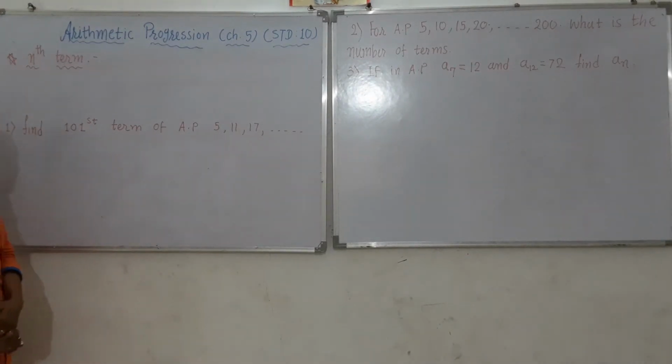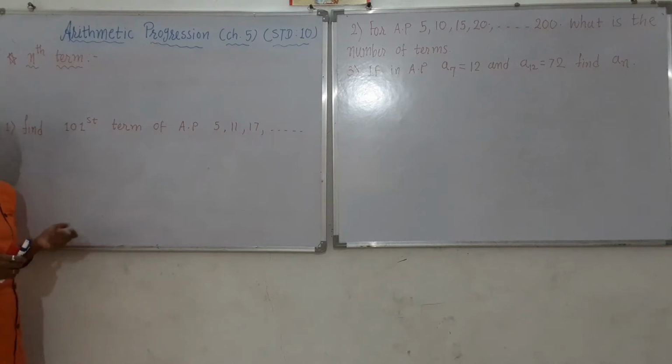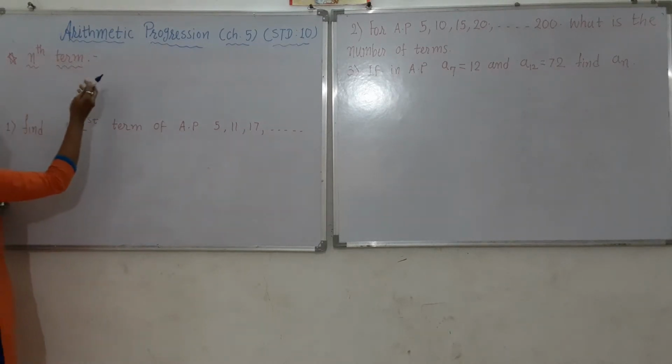Today our topic in the arithmetic progressions chapter is the nth term. We know what an arithmetic progression is: the difference between any two consecutive terms is equal as well as non-zero, and this sequence is called an arithmetic progression. In this arithmetic progression, suppose you want to find some term, then its formula is the nth term